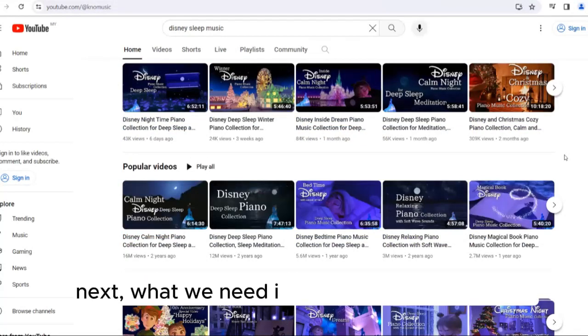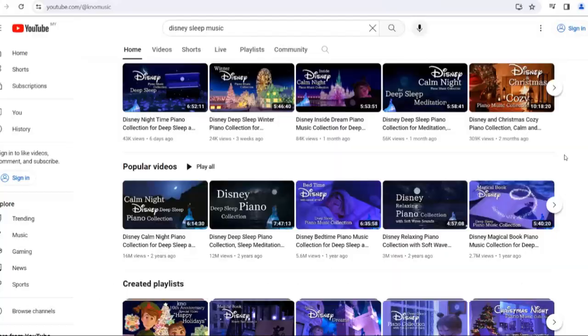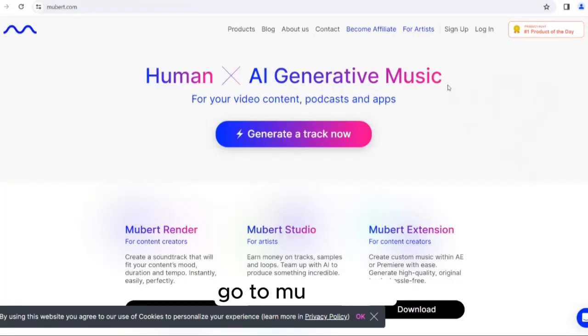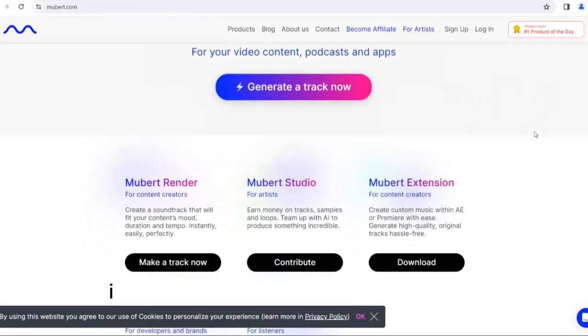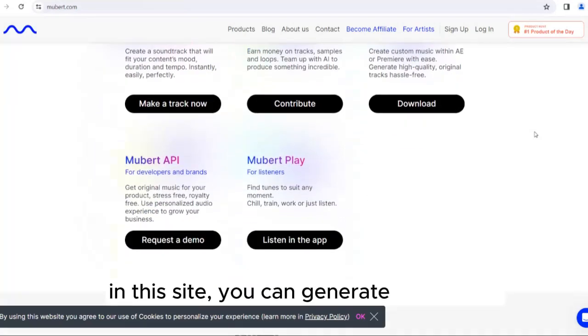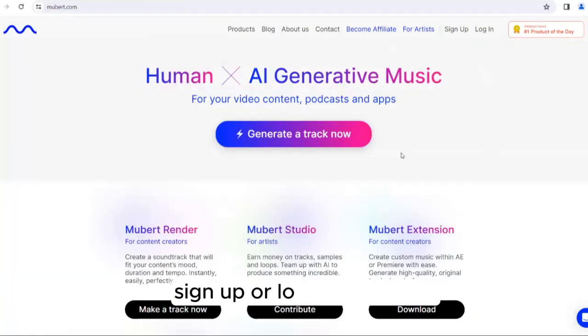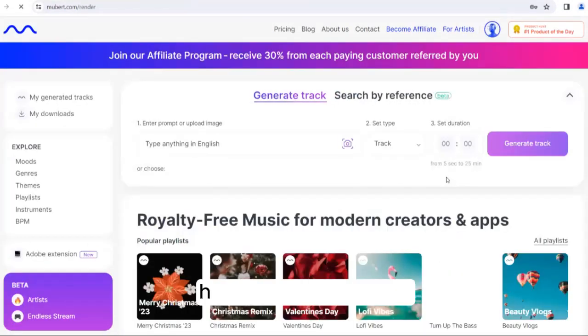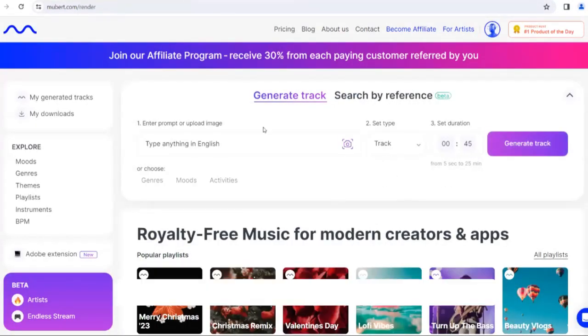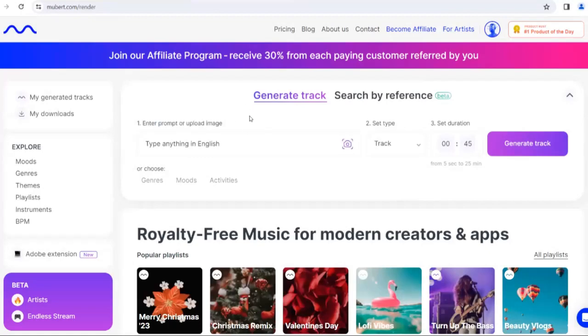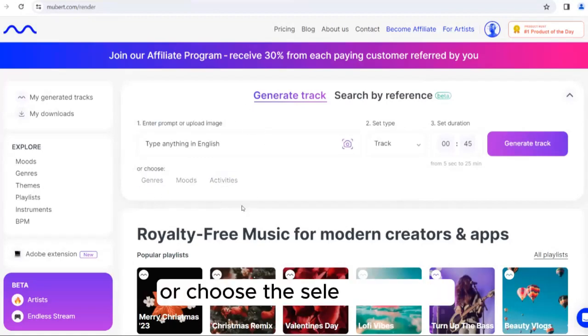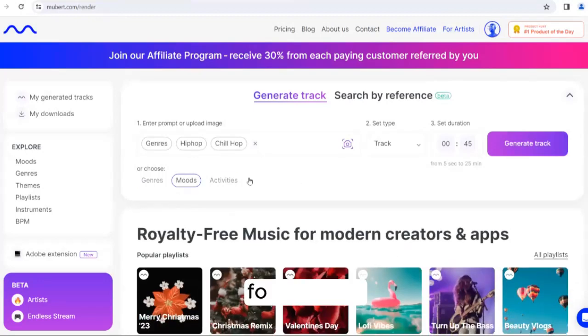Next, what we need is to get royalty-free music. Go to mubert.com. On this site, you can generate your music. Sign up or log into the site. Here is the dashboard. You can either enter your prompt here, or choose the selection of tab. For example,